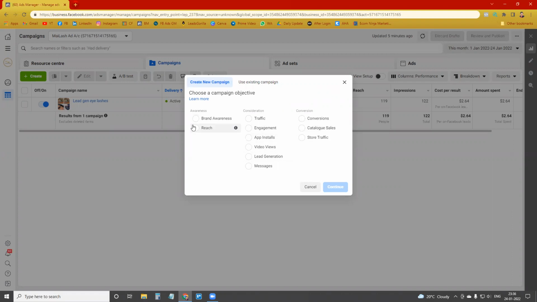So there are lots of goals. The first is awareness, brand awareness, reach, and then traffic, engagement, app installs, video views, lead generation, messages, and then conversion, catalog sales, and store traffic. Brand awareness is if your brand is new and you want to promote your brand locally or globally, then you can choose this.